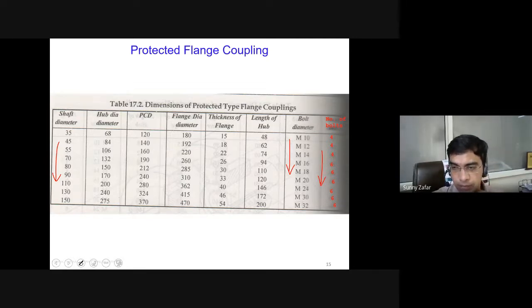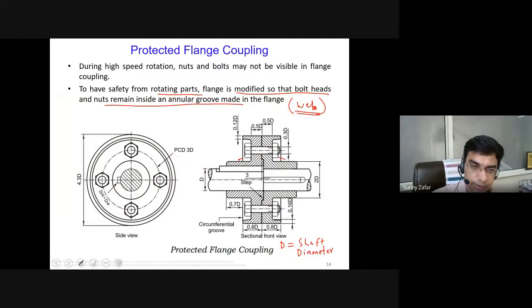I had to scan this from a hard copy book, so that is why this table could not come clearly from the book. So I have manually written what the values are from the book. You can refer to this as well as the dimensions from this drawing while drawing it for the exam or the assignment. Of course, the practical details or the problems with the SolidWorks software or how to pick different options will be dealt with separately in the doubt clearing session. But in this, I am trying to give you an overview of the different aspects of shaft couplings.